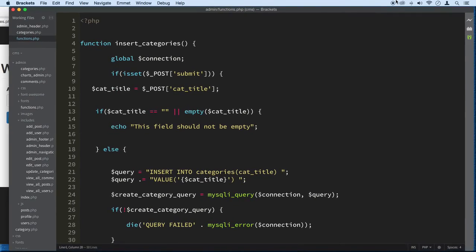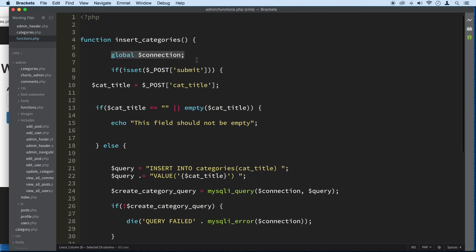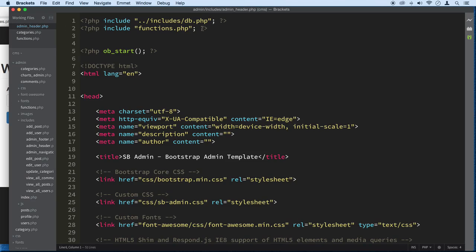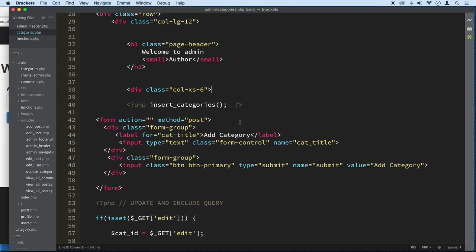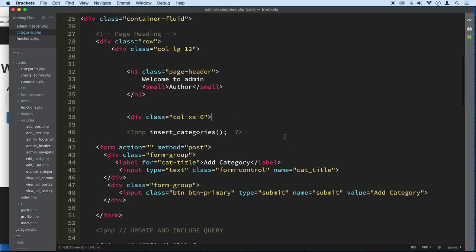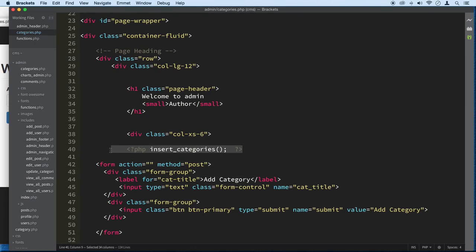Make sure that you have your global here every time you're using a function and you need a variable to be available. Make sure you bring it in with the global keyword. Make sure that you include your functions.php file in here. Make sure you have the ob_start function also. We are going to be needing that later on. So we are going to continue refactoring the rest of this, and I'm just going to show you a couple of them, and then you should be good,